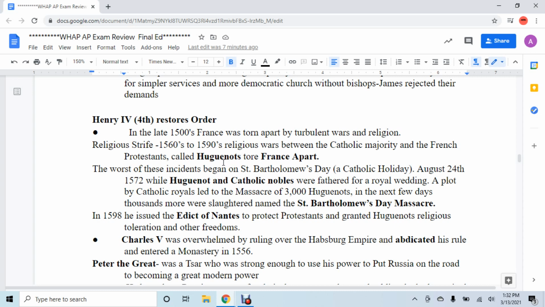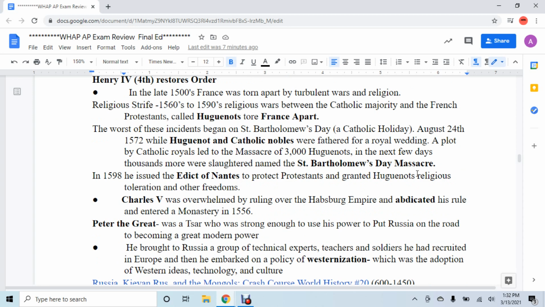In France, you have the rise of the Huguenots. The Huguenots were basically Protestants. They pretty much tore France apart through religious turmoil between Catholics and the French Protestants, which are called Huguenots. This all culminated with St. Bartholomew Day's massacre, where there was actually a set-up wedding where the Catholic-controlled monarchy tried to set up